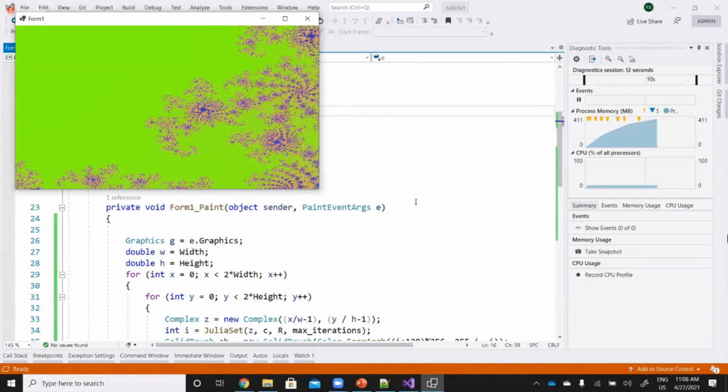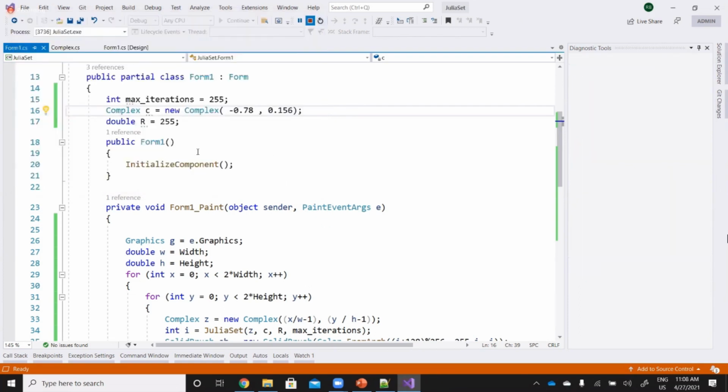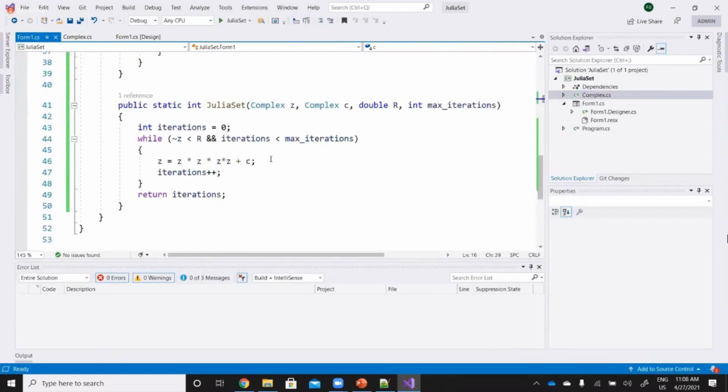Right. I hope that you can see the different patterns, how we can generate different patterns out of these complex numbers we just created. But anyway, it becomes much easier because we have already overloaded our functions, overloaded our operators for the complex numbers.